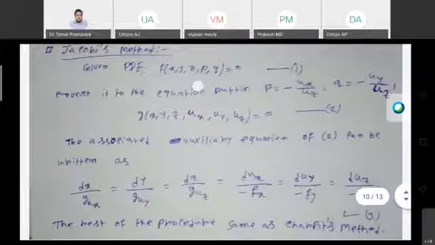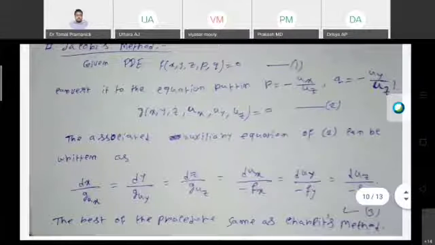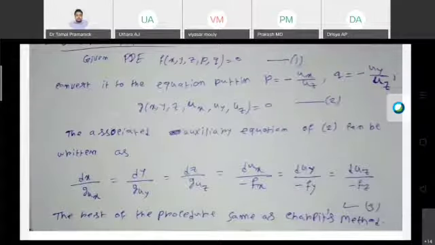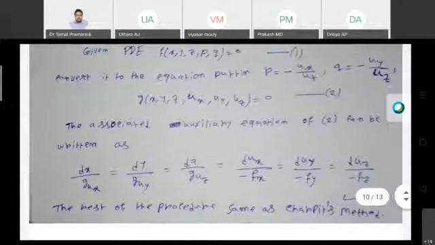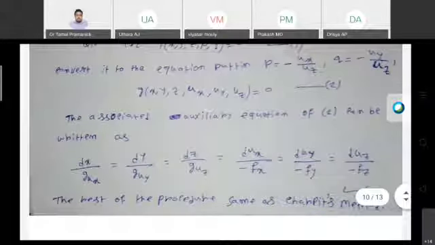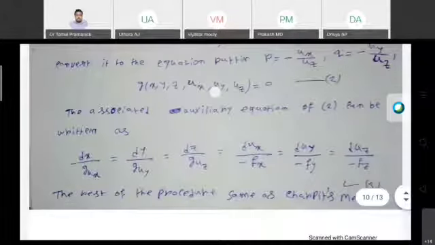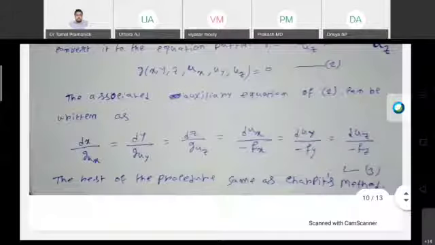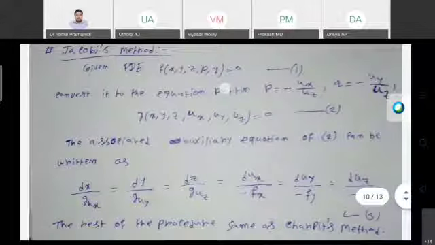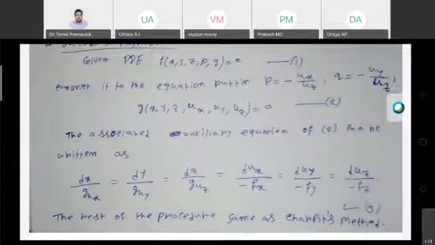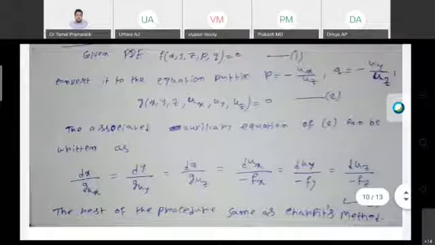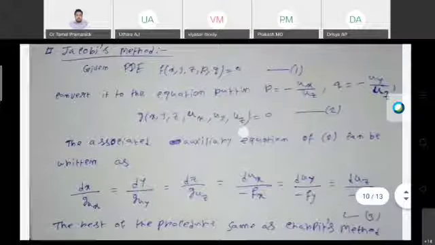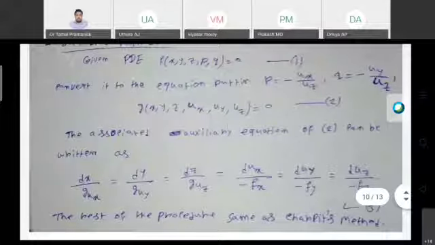See, this has a z variable. Now you have to convert it to another equation where you introduce some new dependent variable u. So g of x, y, z, ux, uy, uz. It is a somewhat difficult type of conversion. Then the rest of the thing will be the same as the Charpit method.